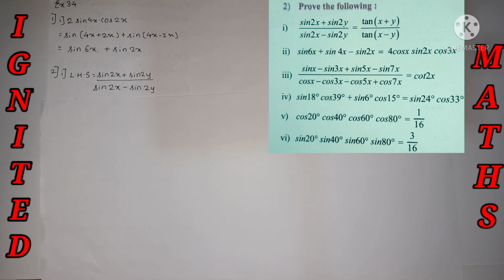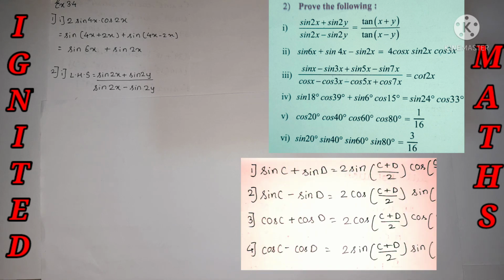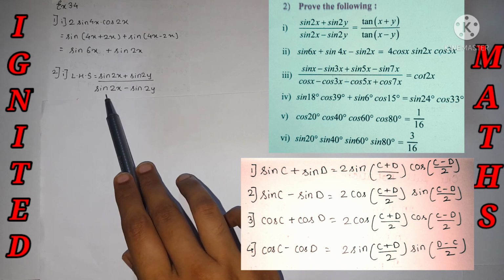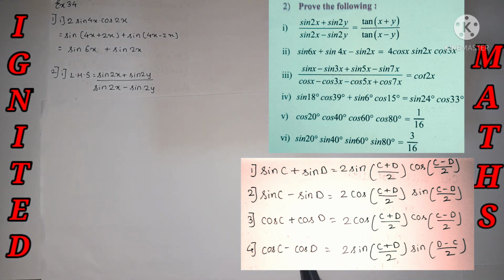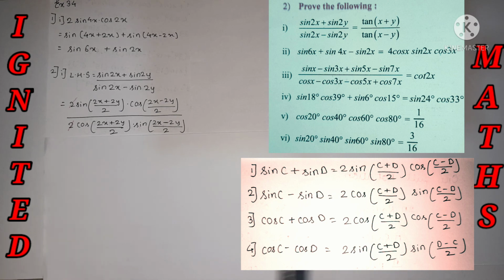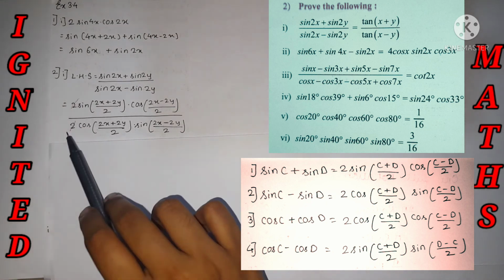In the main question we need to prove it, that is, from LHS we need to prove it to the RHS. So LHS is equal to RHS, we need to prove it. I took the LHS value over here. It's in the form of sine of a plus b and sine of a minus b. So just put the formula over here. I listed out all the formulas on the right hand side of the page. Please cross check it. And over here the 2 cancels off.